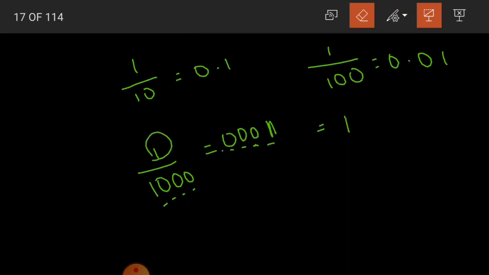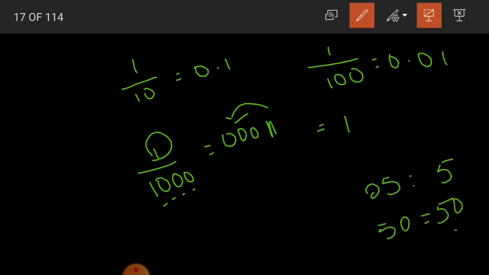As we are placing the zeros to the left side of the given whole number, the value of the number does not change. Yes, 05 is equal to 5. But if we place the 0 to the right side of the whole number, it will become 50. Yes, it will not be equal to 5. So that is why here we have placed our zeros to the left side of 1.